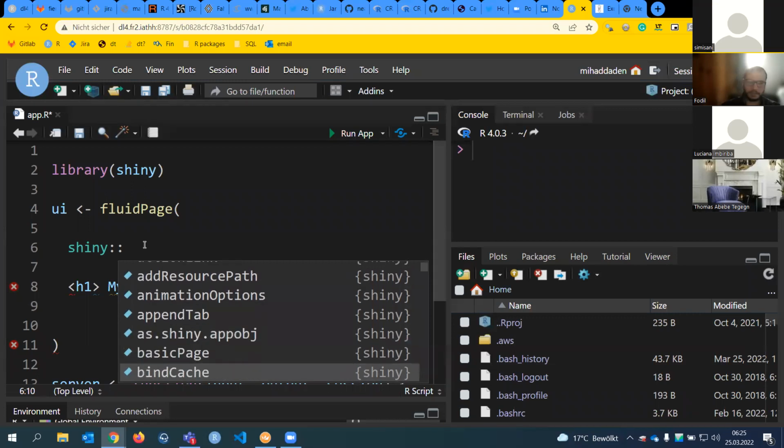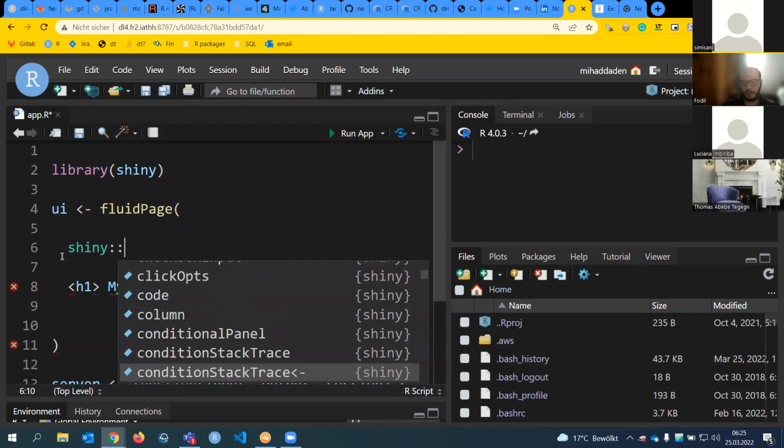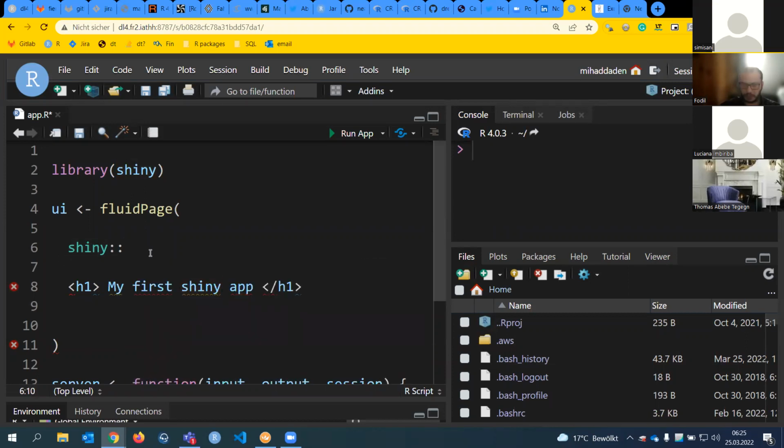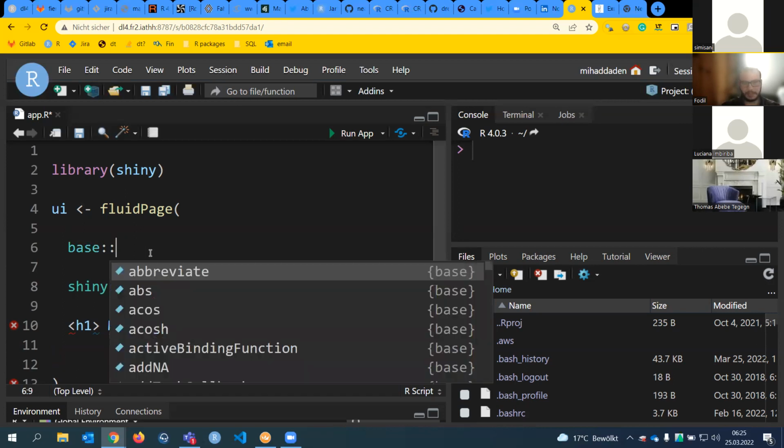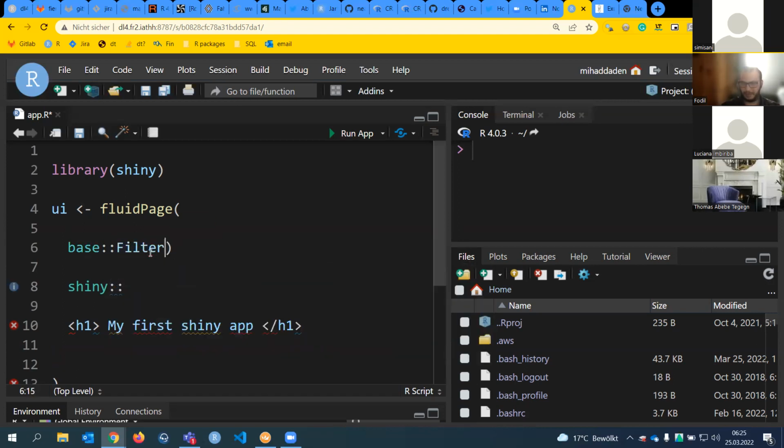This is also useful because when you write packages, you always provide the name of the package and then the function inside your script, so that you avoid conflicts, because many packages share the same function names. For example, base R has a function called filter. Maybe. Let me think.